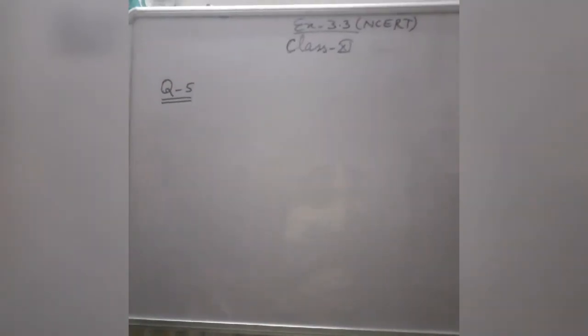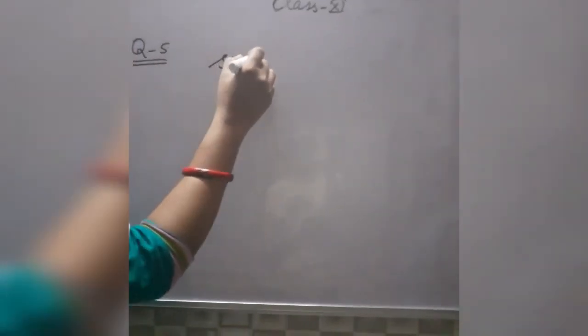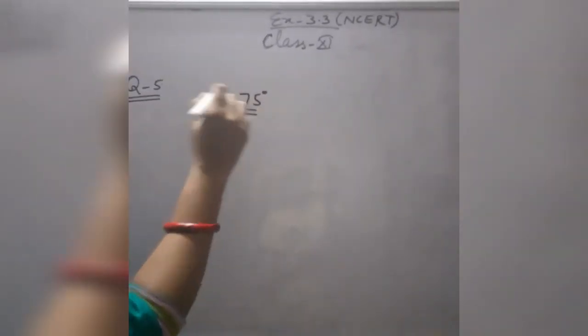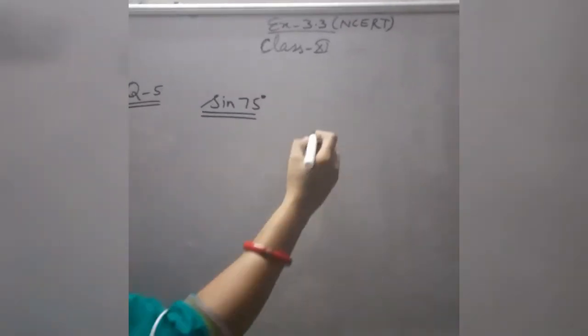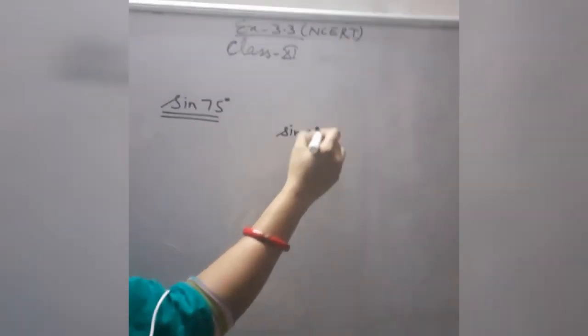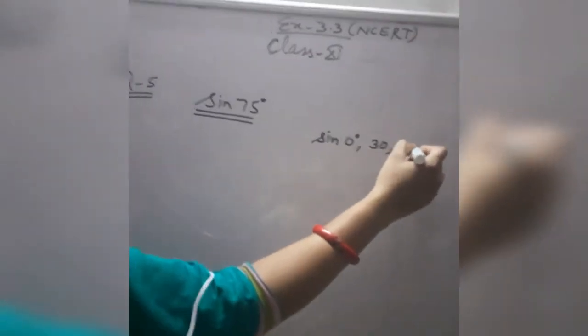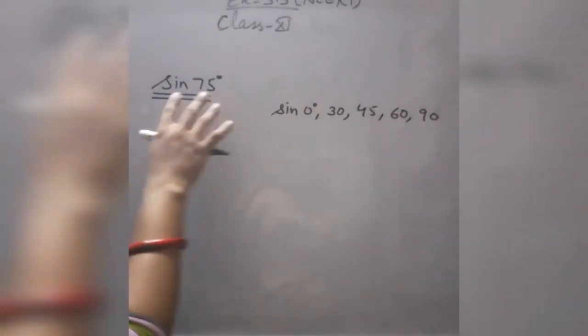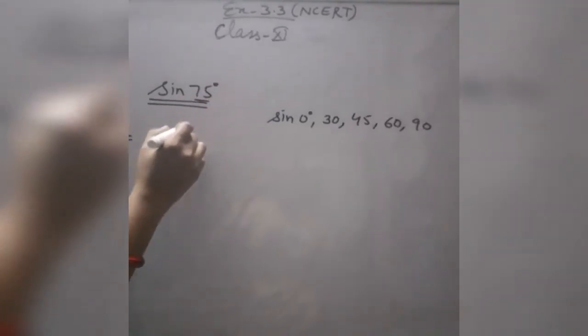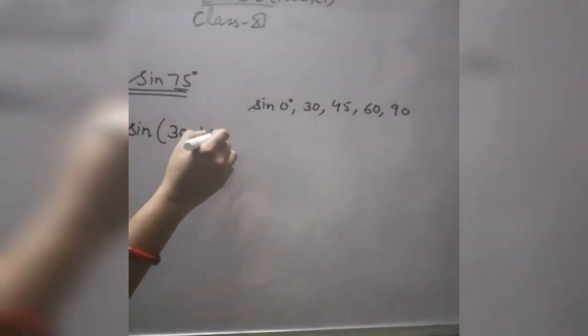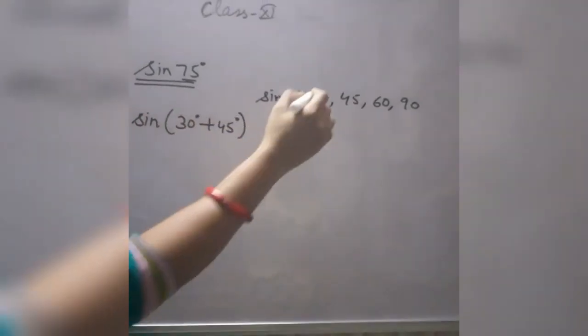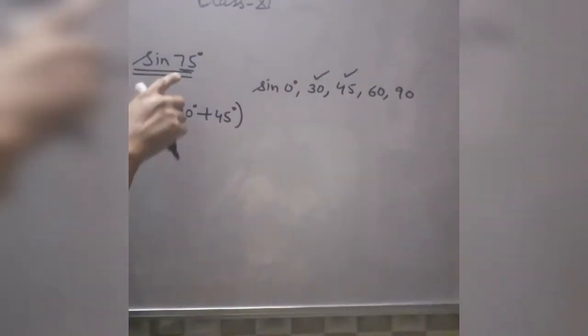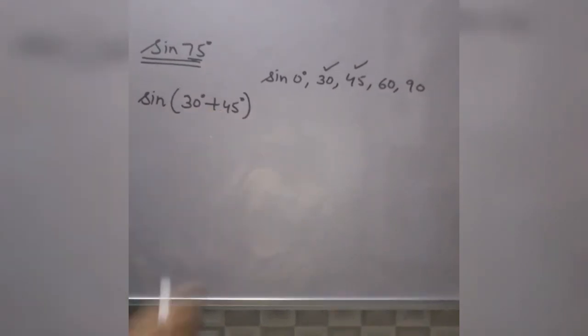In question number 5, find the value of sin 75 degree. We don't know the value of sin 75 degree, but all of you know the value of sin 0 degree, sin 30, sin 45, sin 60, sin 90. With the help of these 5 values, very easily we can find the value of sin 75. Sin 75 can be written as 30 plus 45. Because we know the value of 30 as well as 45,